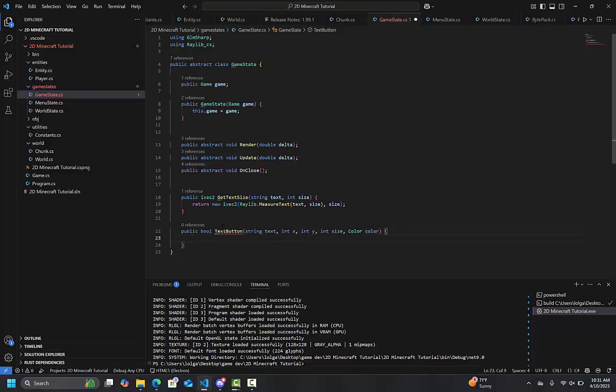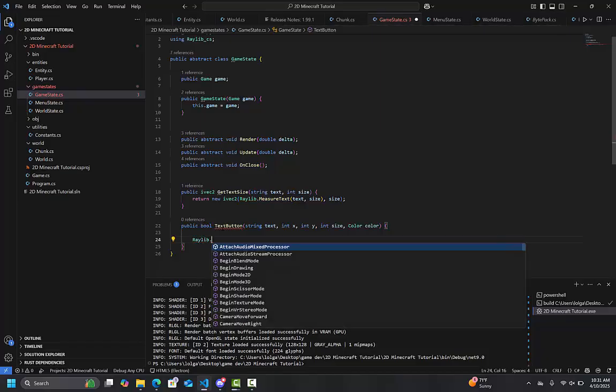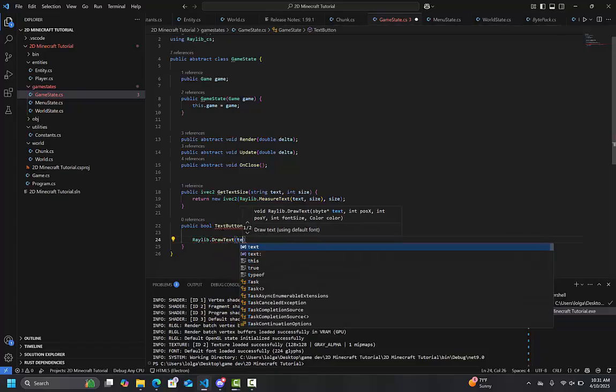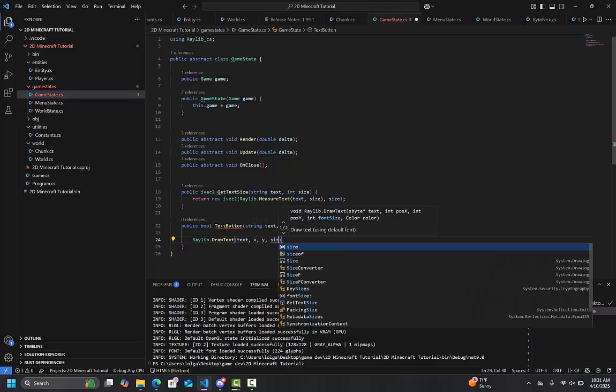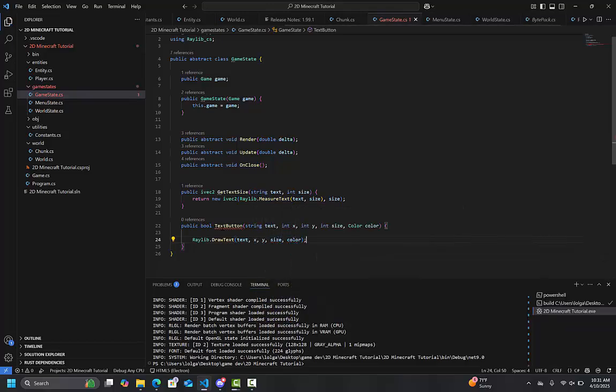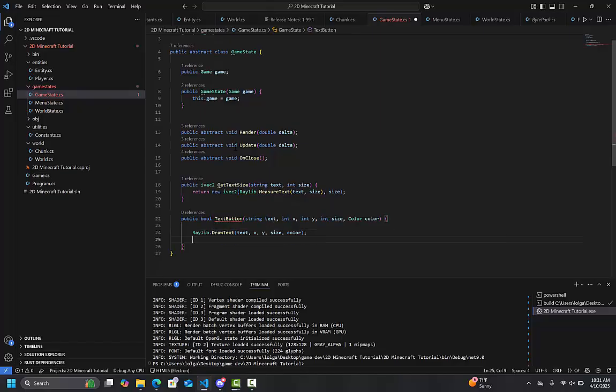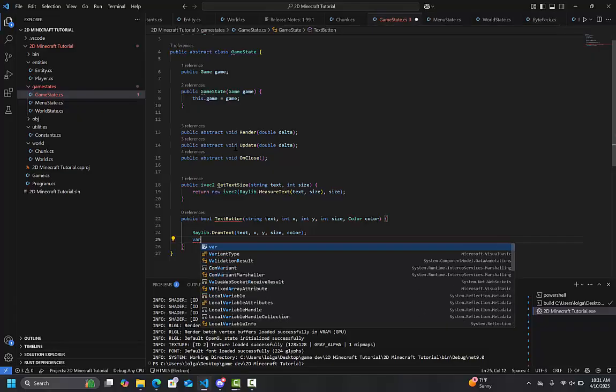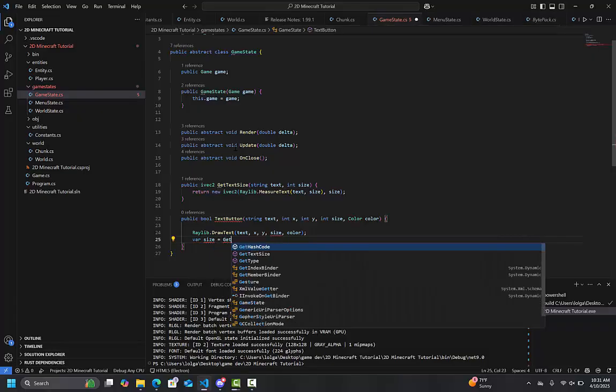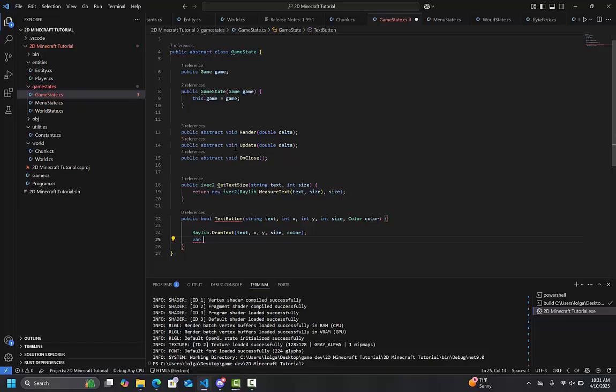All right, so we're going to do raylib.draw text, x, y, size, color, right? And then we're also going to do var size equals get text. Oh, sorry. Maybe we don't want to do size. We're going to call this s equals get text size